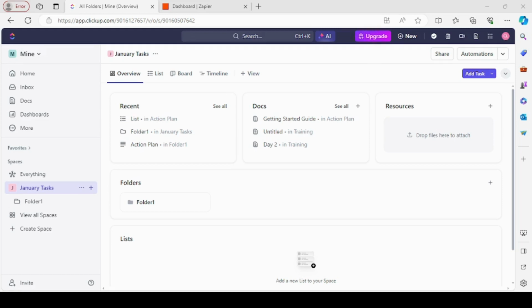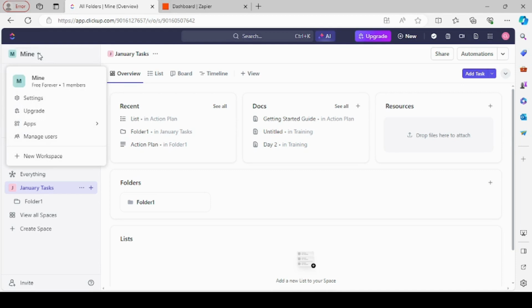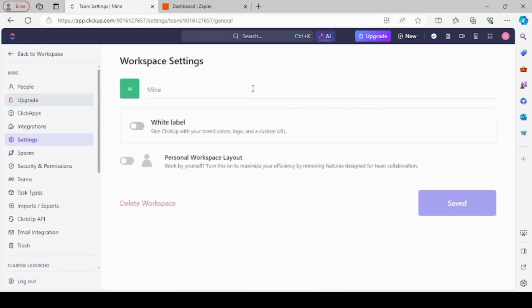So let's get started. First is to go to their website, which is app.clickup.com. You can sign up using your email address to create an account. So once you're logged in, this would be the landing page. And for us to integrate, just go to your workspace, click on the settings, and here on the left side of the tabs you would see integration, so just click on that one,